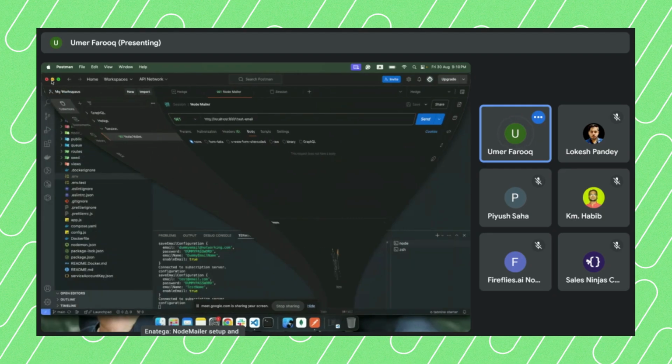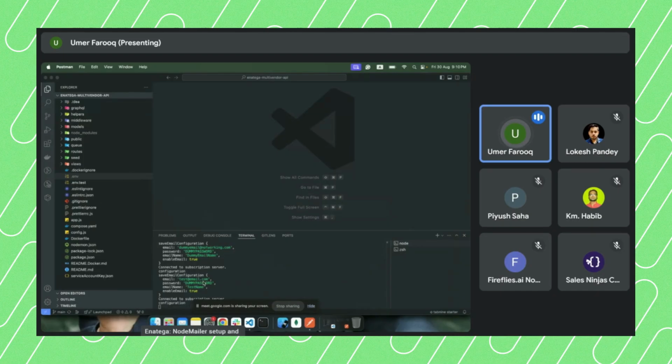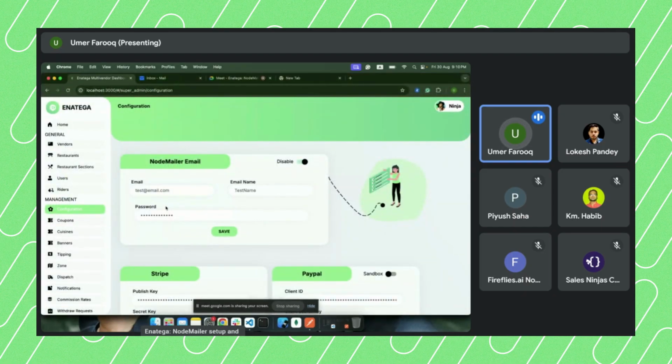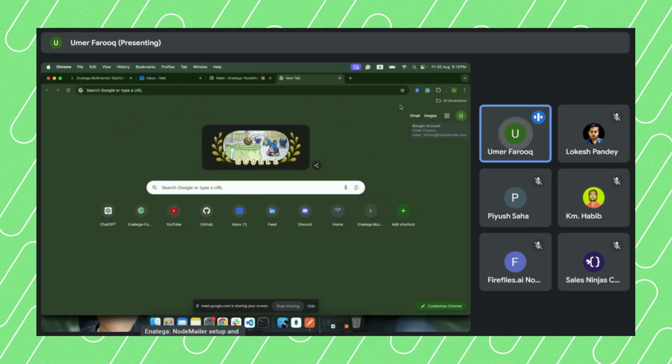And then we'll use Postman to actually test that particular API, and let's see if we get any error or not, right? So to configure our Node Mailer, we'll actually be using the Google app password, right? And then we'll try to create. So this will be the email that we'll be using to create the app password, and this will be the name of the app, and then the password that Google will actually provide us. So let us go